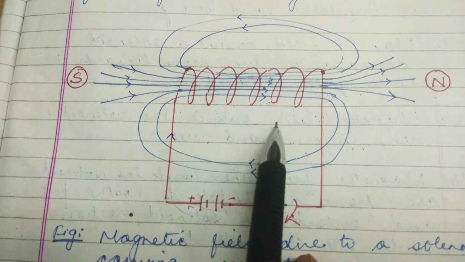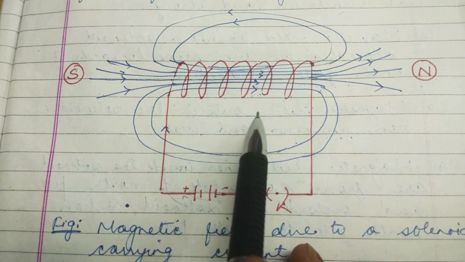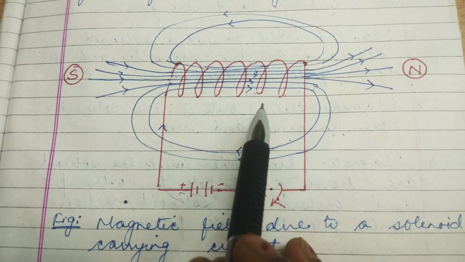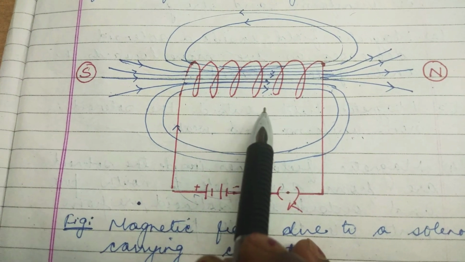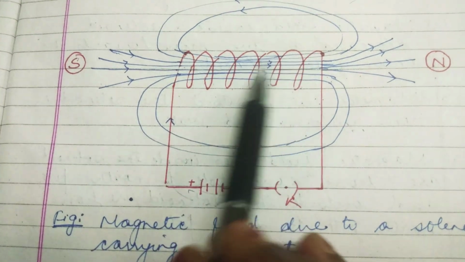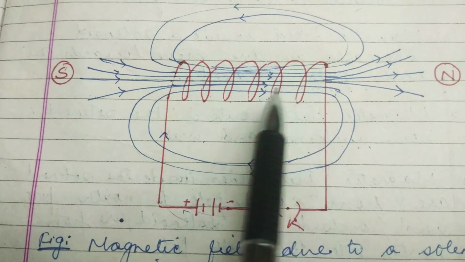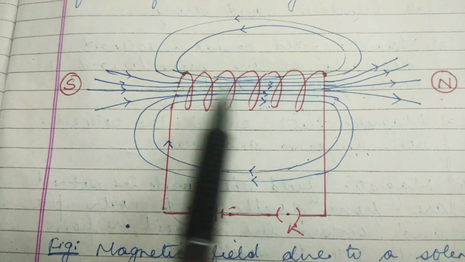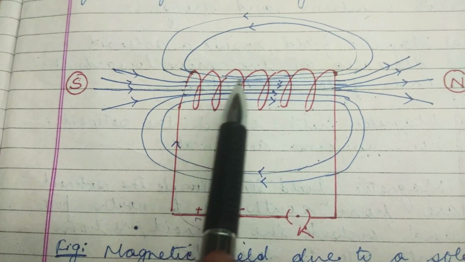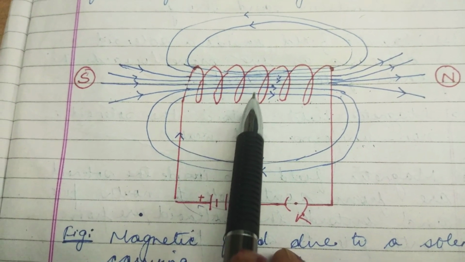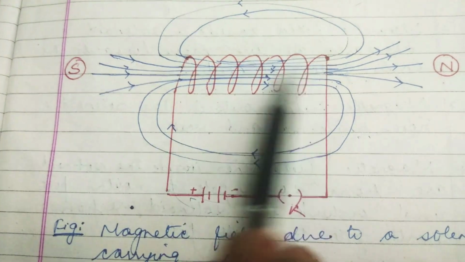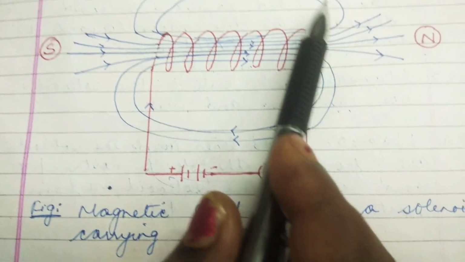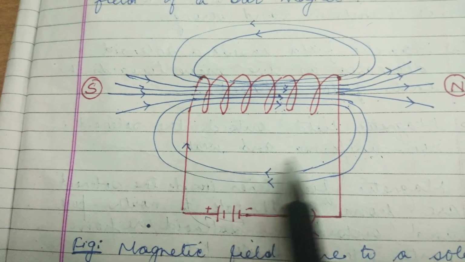I hope you all remember the magnetic field set up by the bar magnet. The field lines inside the solenoid are in the form of parallel lines, which you can see from the figure, which indicates that the magnetic field is the same at all points inside the solenoid. That is, the magnetic field is uniform inside the solenoid. And outside, it is similar to that of a bar magnet.